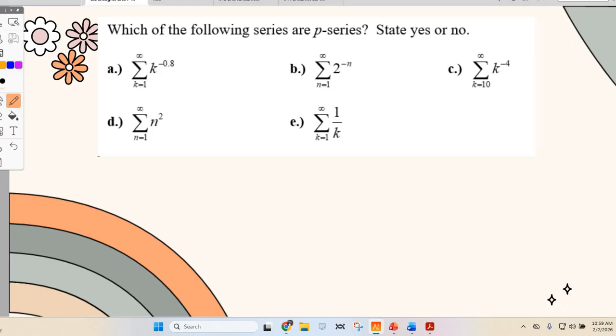Yeah, how can I rewrite that? Okay, so now does that look like our p-series? Is my base my variable this time? Yeah. Is that going to converge or diverge? Diverge. It'll diverge because our p is less than 1. Now, it doesn't ask us for that this time, but in that case,